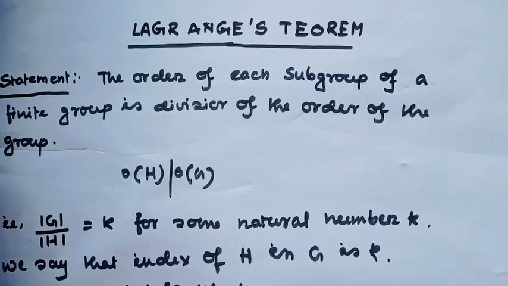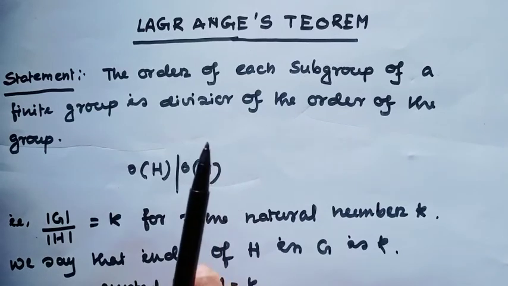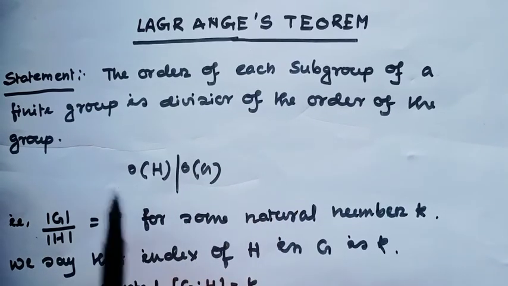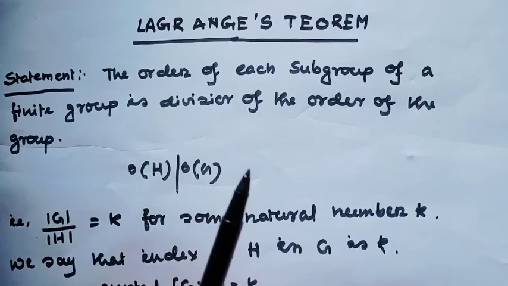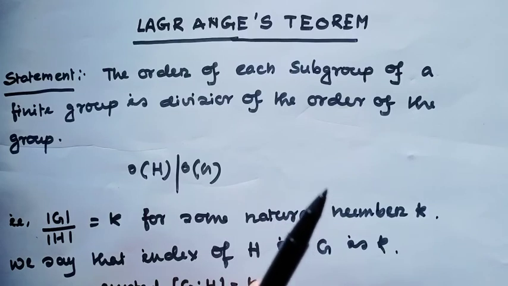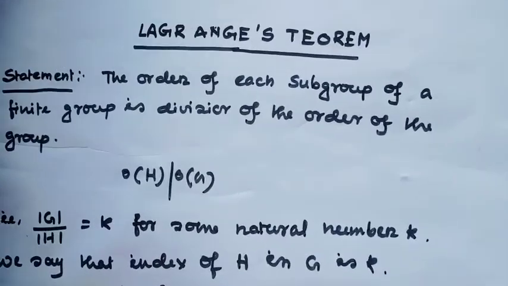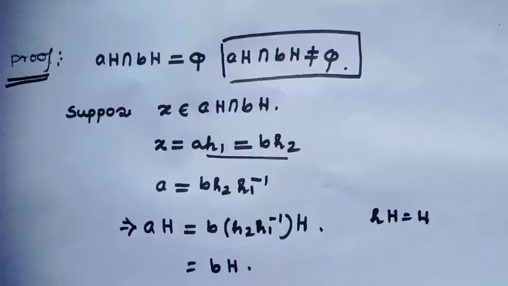Well, now I will prove this using the set of cosets of A, and we are going to show that the set of cosets partitions the group, and that if each coset has exactly the same number of elements as the subgroup A, then the order of A must divide the order of the group. Okay? Now let's see the proof.